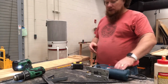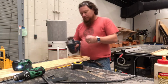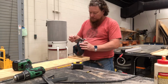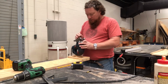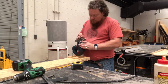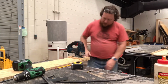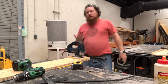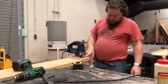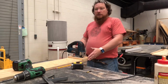If my hole isn't quite large enough for the saw blade to fit through, I can then ream it out with a slightly bigger bit. But the first thing we're going to do is just check and see if we did this correctly, and it's perfect. The jigsaw blade fits perfectly through. The leading edge of the blade is almost touching the edge of the hole we just created. So we have done this accurately,